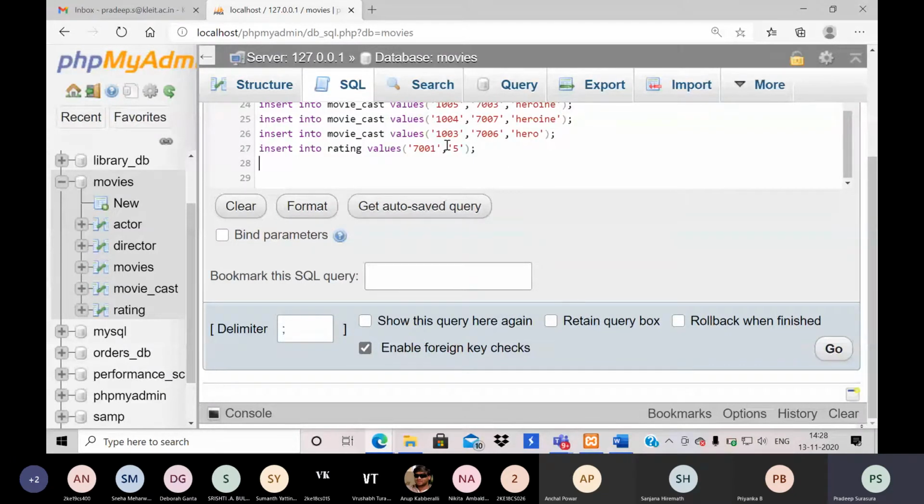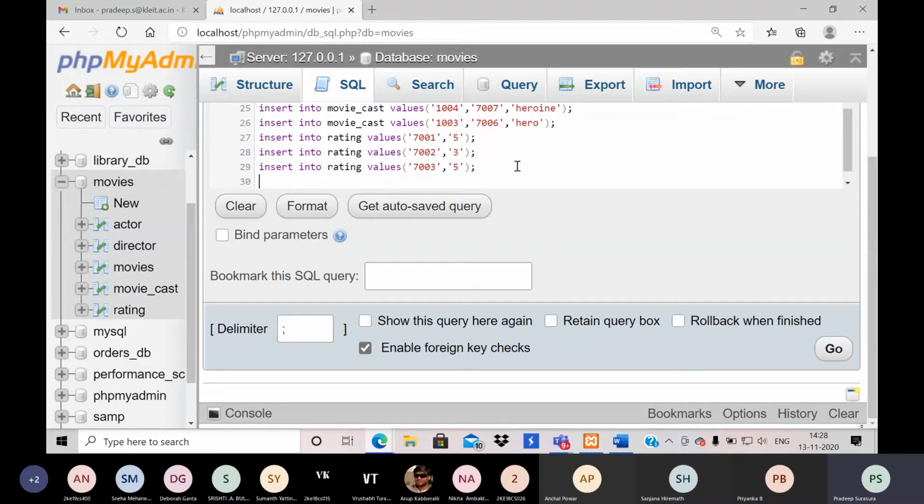Just a second. If I had taken rating as something which is an alphabet or so, definitely I'd be facing a lot of problems. So to avoid that, I'm taking rating as integer. Okay, any doubts in that?